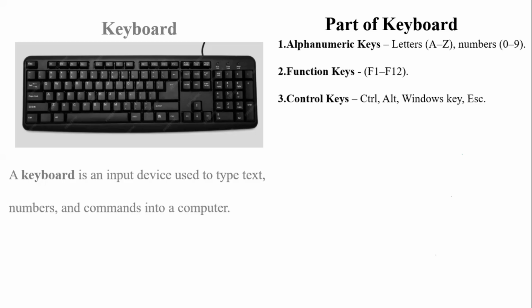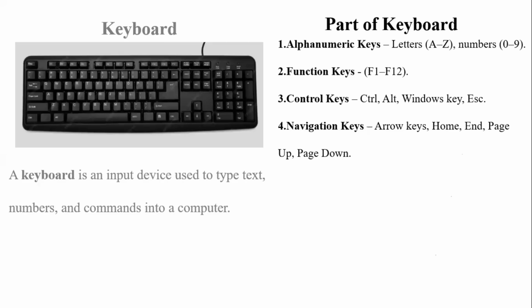So now let's move to the next agenda on our topic today. We also have navigation keys. These navigation keys are the arrow keys, Home, Page Up and Page Down. Now these arrow keys, you see them at the bottom of your keyboard on the right. We have up arrow, down arrow, left arrow, right arrow. We also have Page Down, Page Up, Home, and End. So now let's briefly explain these